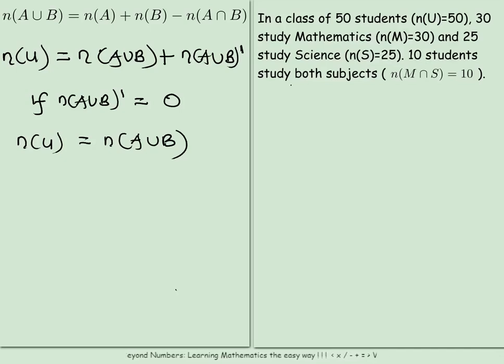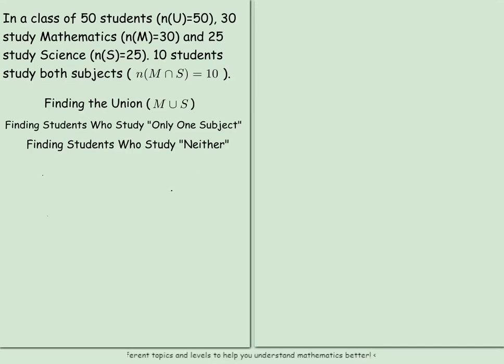10 students study both subjects. We've been given the intersection as well. Looking at the subsequent questions, we have to find the union, that is M union S. Secondly, we have to find the students who study only one subject. And then finally, we have to find students who study neither. Now, to solve this question, we need to, first of all, illustrate the information we have been given on the